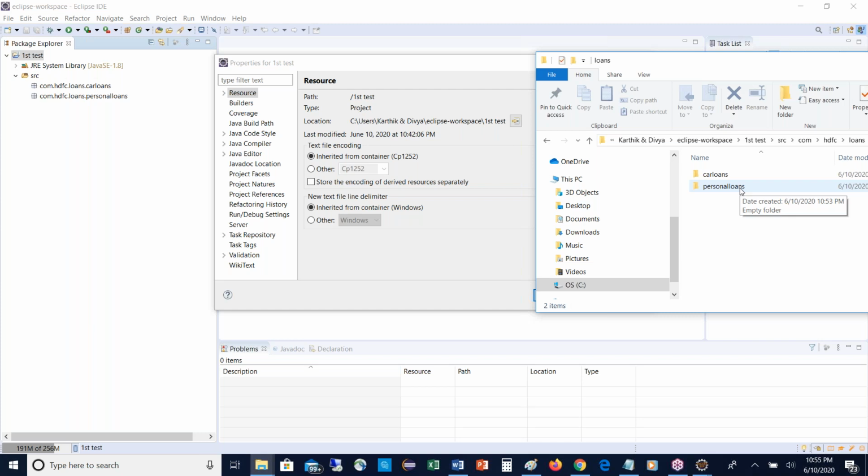Friends, is everyone clear till here? Creating the project, creating the package. Today we have seen how to install Java, how to install Eclipse, and we have seen the API documentation. And we have just created the project and package with the standards. Friends, tomorrow we will be talking about what is a Java class and what is an interface. That is the agenda for tomorrow's session.